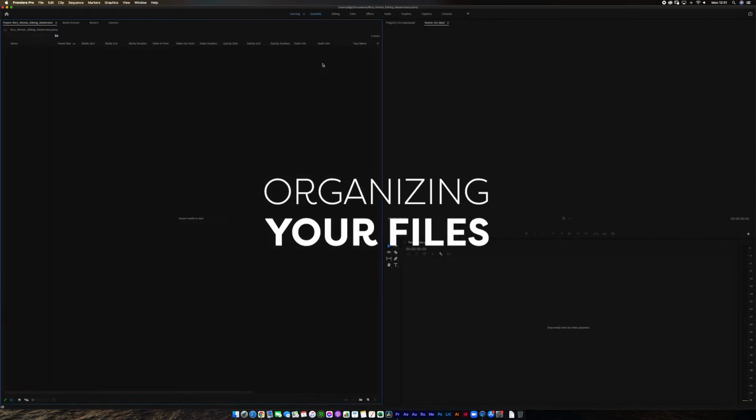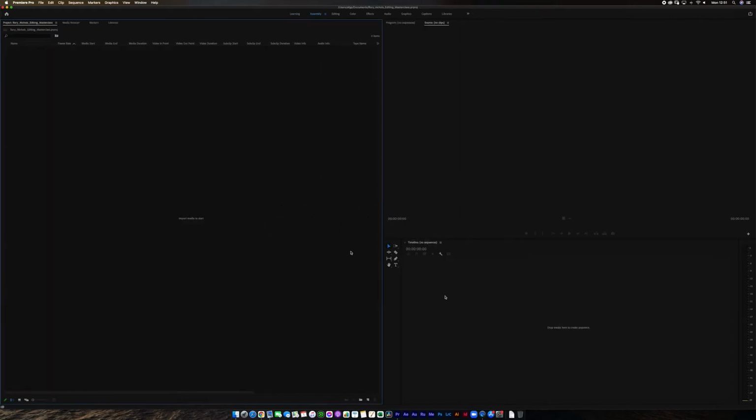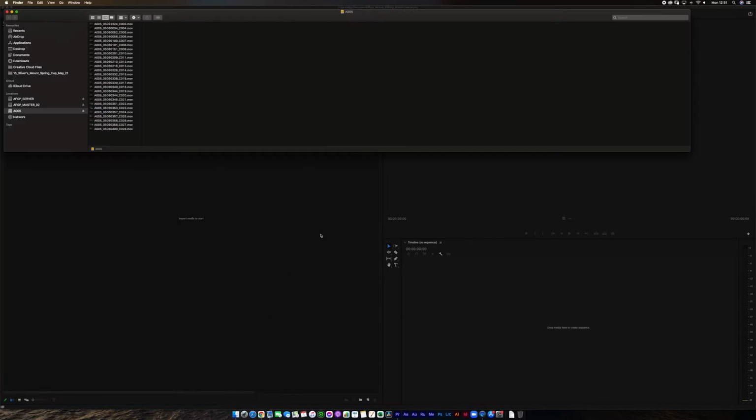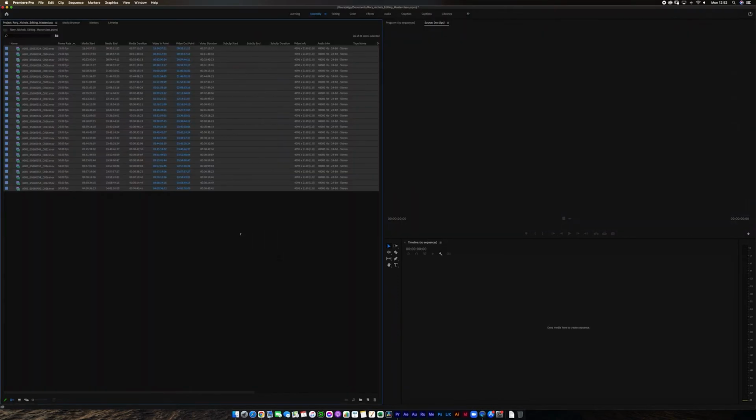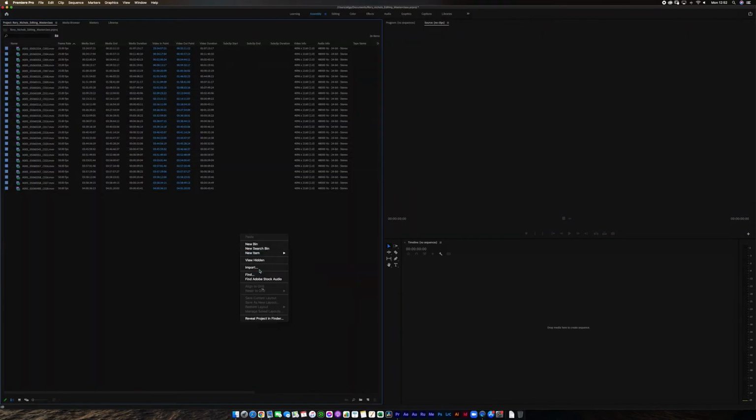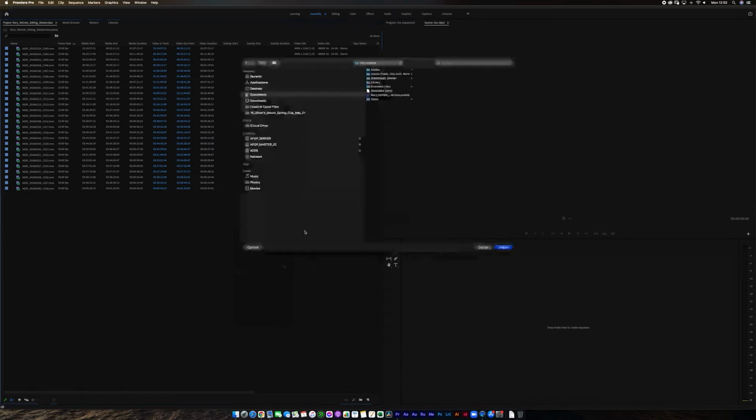So if we go over to the assembly window, this is where we're able to load in a lot of our footage and basically just have a look through it and start getting organized. So if I go into my Finder tab, I'll just drag all these in. You can do the drag and drop method, or you can right click and import. And then here you'll be able to find your drive, so over here, and select the clips you